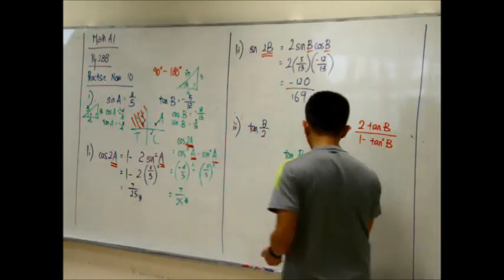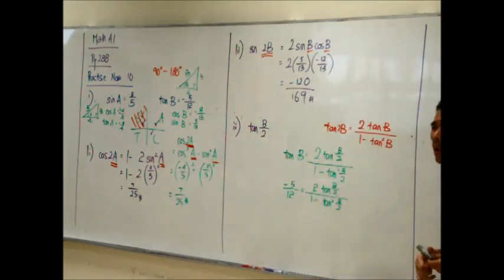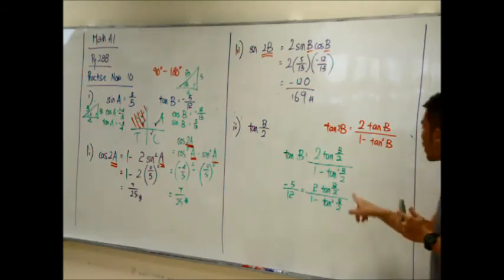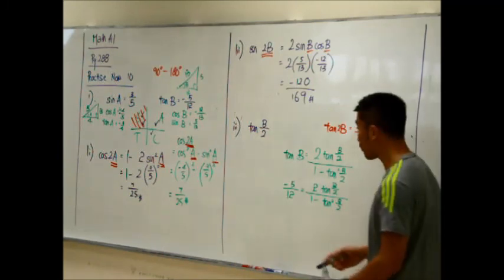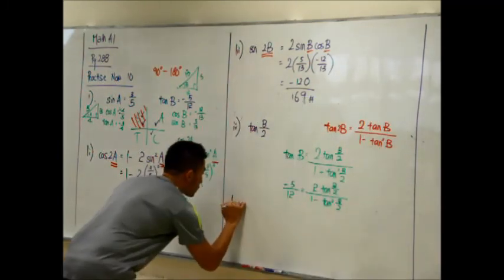Now my job is to find out tangent b over 2. How? Cross multiply. Some of you may not be able to see because this tangent b over 2 looks very ugly, with a fraction like that. But if I simplify it for you, let